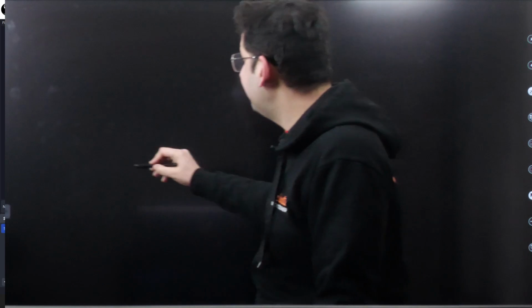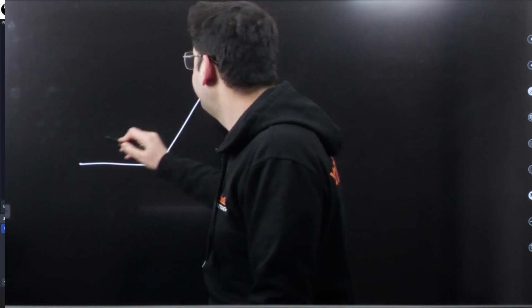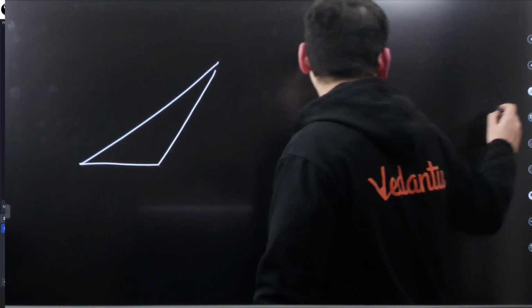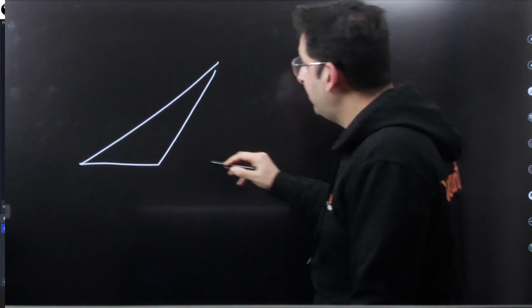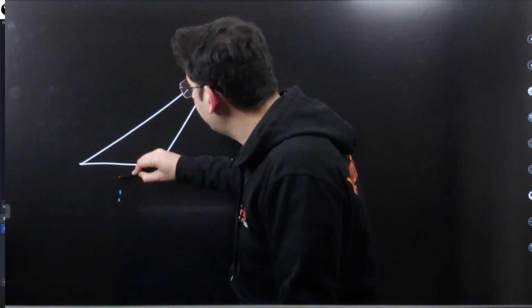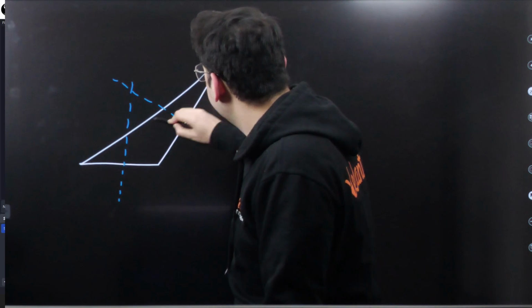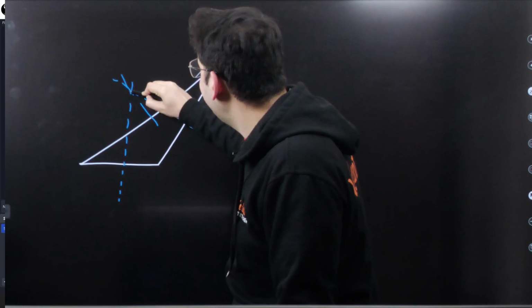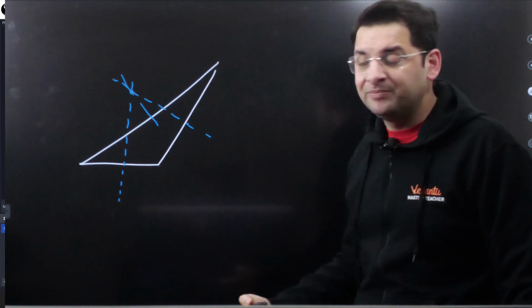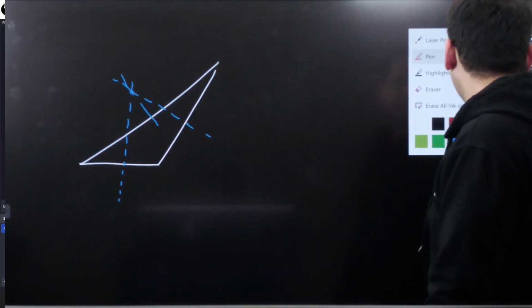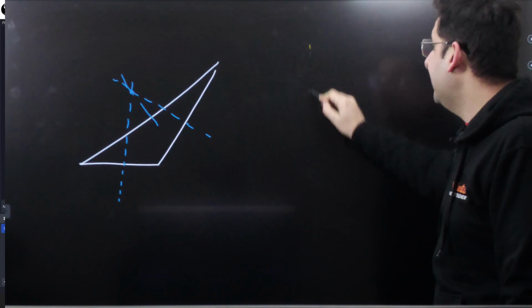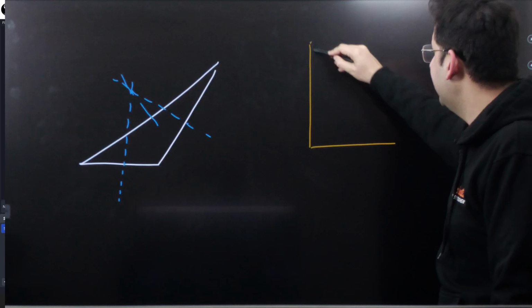For example, if there is an obtuse triangle, how does the circumcenter of this triangle get formed? So from here we draw a perpendicular bisector, from here a perpendicular bisector, and from here a perpendicular bisector. So clearly they're meeting outside the triangle. And if we have a right triangle,